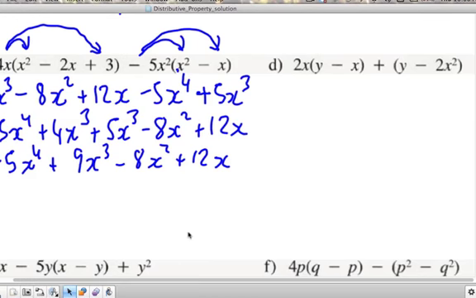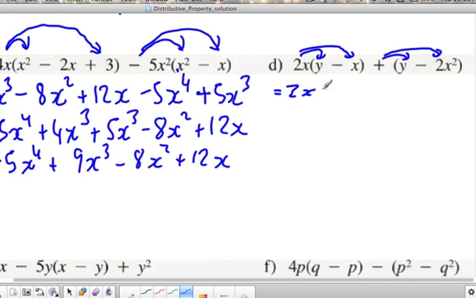All right, for the first question, you're going to multiply everything in the first bracket by 2x and everything in the second bracket by the coefficient in front of this bracket, which is understood to be a 1. So basically you're multiplying everything in the bracket by positive 1, which really isn't going to change anything. So this is 2x times y is 2xy, and 2x times negative x is negative 2x squared, because remember you add the exponents when you multiply powers